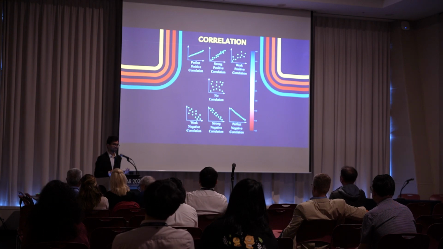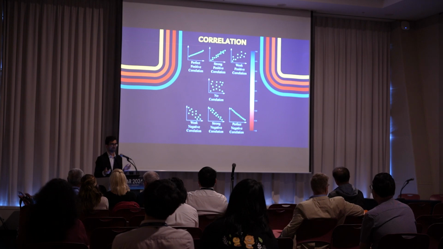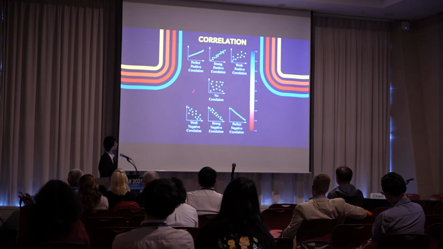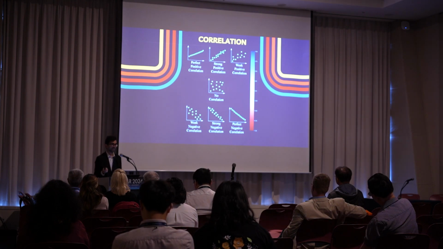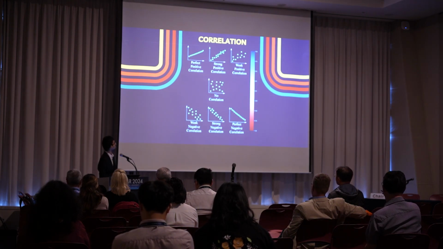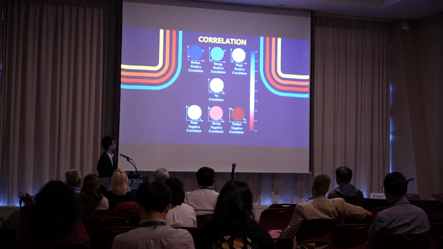So you'd expect to see positive correlation in two pathways that perform a similar task, and negative correlation would be two antagonistic pathways. Zero correlation also just means that you cannot predict the expression of gene A from gene B. So what we then did is map all of these correlation profiles onto colors, right? And so the darker the color in general, the stronger the correlation, and the closer to white the color, the